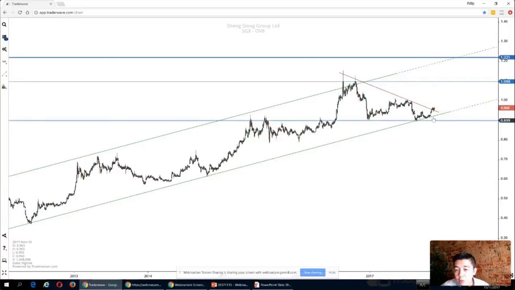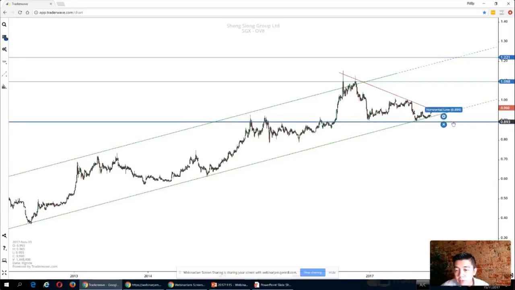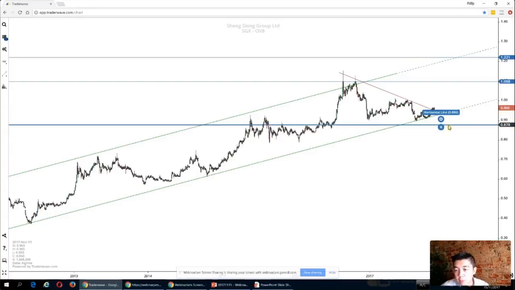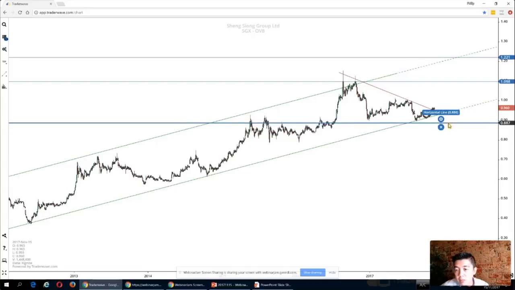And of course, where is a good stop loss to be? I think ideally somewhere below that key resistance turn support level, that is where a good stop loss level could potentially be. So let's put it at just about 88 cents region, because if the price moves to 88 cents, it would have to first cross below the long-term key uptrend support, as well as it has to cross below the key horizontal support at about 90 cents level. All right, so if we have a stop loss at about 88 cents and an entry price of 96 cents,